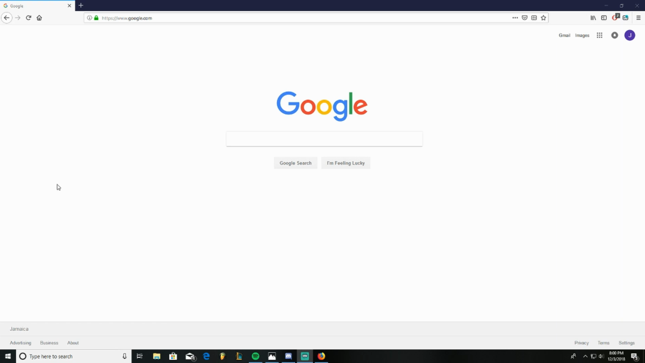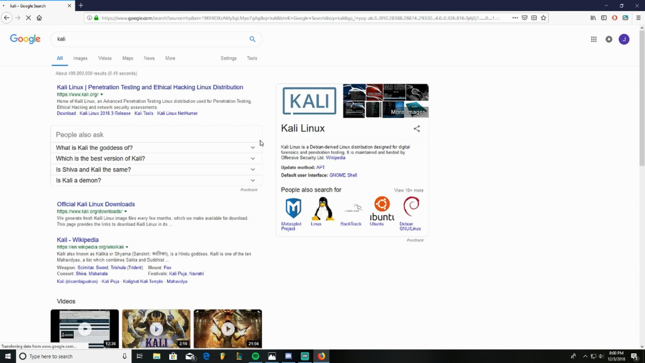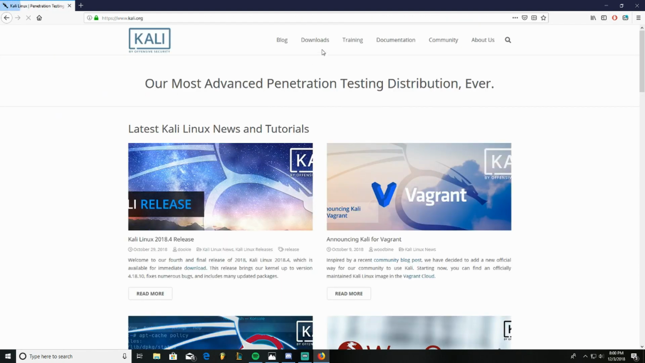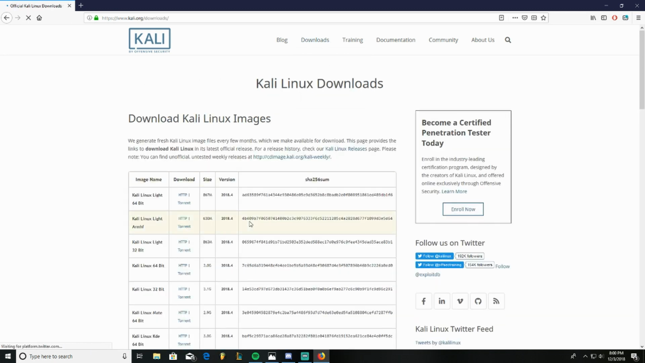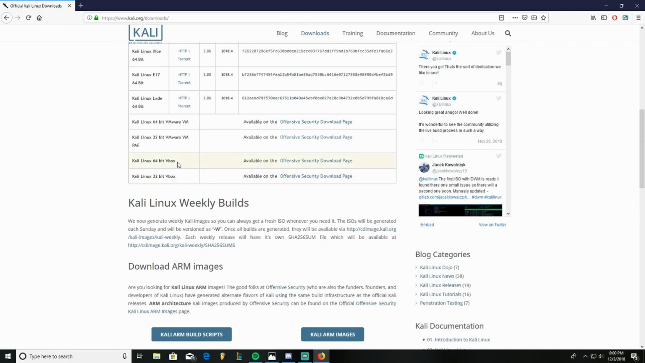Alright, check it out. You go to Google, type in Kali. You hit that link. This is going to be the first link. You go to download Kali Linux, right? You scroll down to the bottom where it says Kali Linux 64-bit VirtualBox. You click this link,